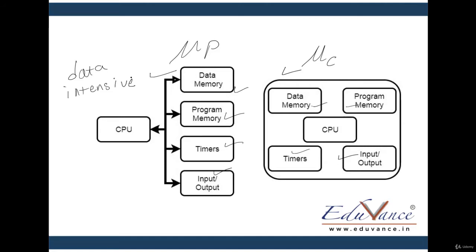Your desktops, PCs and laptops are microprocessor based, and do lots of things like playing media, editing your Word documents or surfing the internet. With microcontroller you have n number of applications. You can look at your TVs, printers, washing machine. So it is used in small everyday functioning devices and systems. Though the functions of microprocessor and microcontroller are different, they have certain similarities as you can see over here.